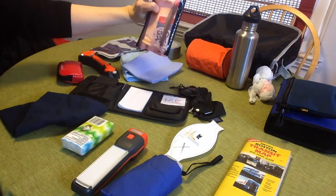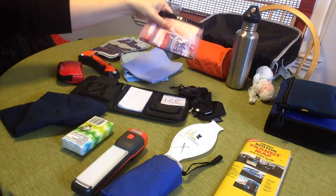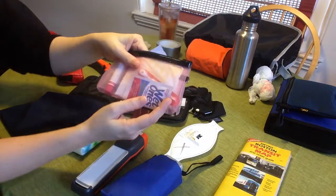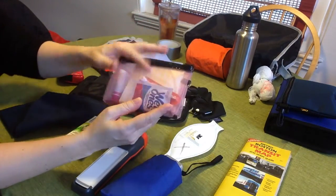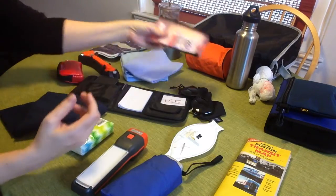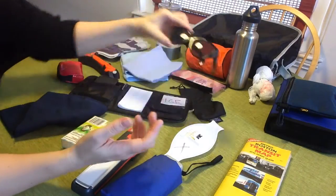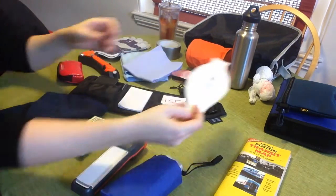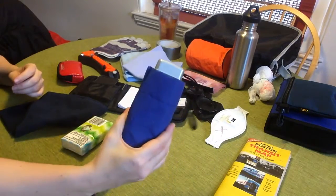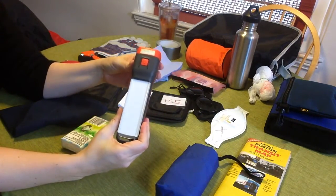This is just a little hygiene packet: chapstick, wet ones, a little disposable toothbrush. You may be able to see through there. You could have a tampon. I have a menstrual pad in there just to demonstrate. Sunglasses, an N95 mask, an umbrella, a flashlight,